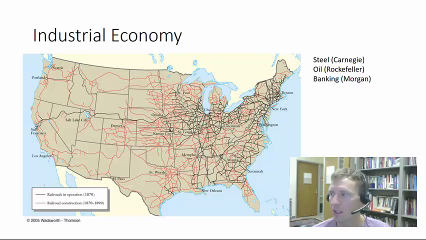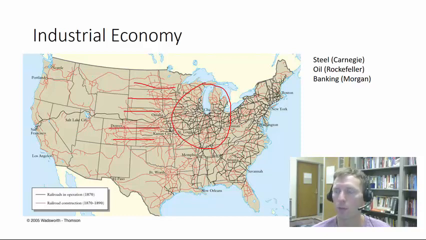You can see lots and lots of railroads built in and around Chicago, and you can see this movement out into the west. Look at the connections to Omaha, to Kansas City, to Denver, all the way down to Los Angeles, San Francisco, Portland, Seattle, all the way into Texas. So you're going to get cattle going from Texas on railroad lines all the way to Chicago, butchered there and then sent out.